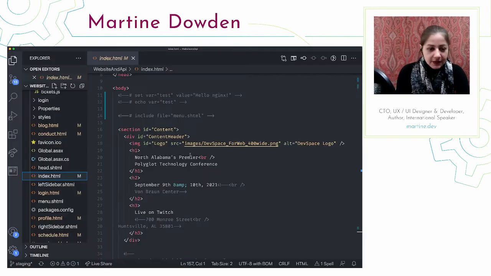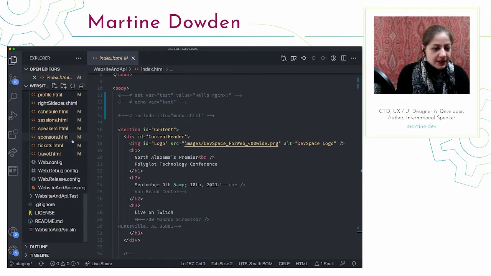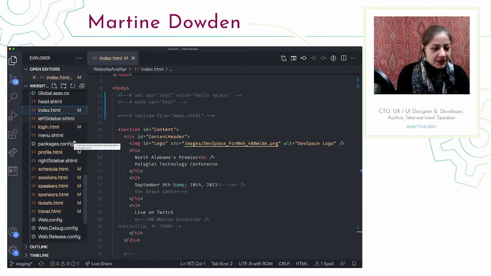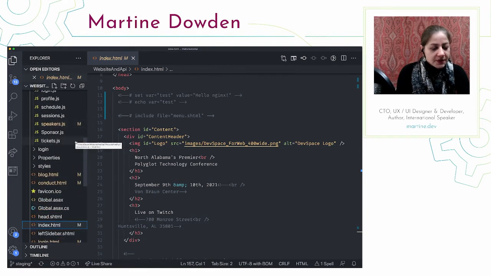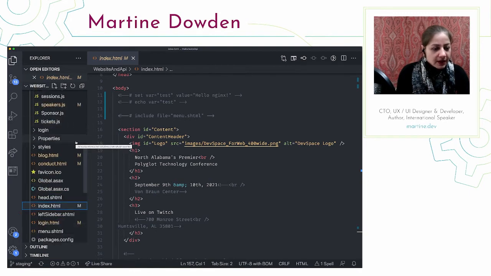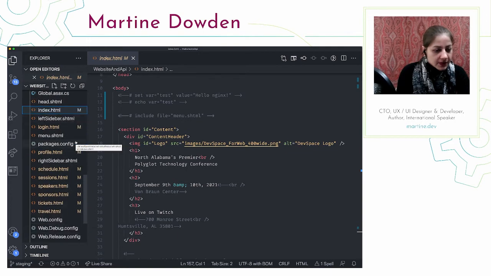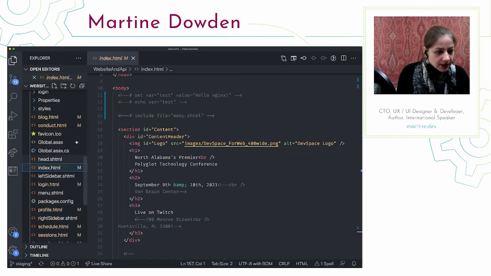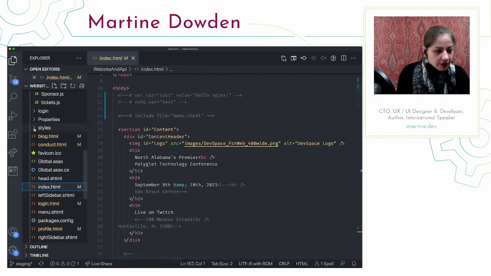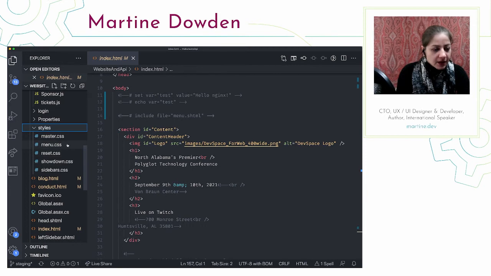Where I like to start with my CSS is I go ahead and find where their base CSS style is and look at how it's structured. In this particular case, I'm going to go to our CSS file, which is under our styles folder. We have a couple different files.